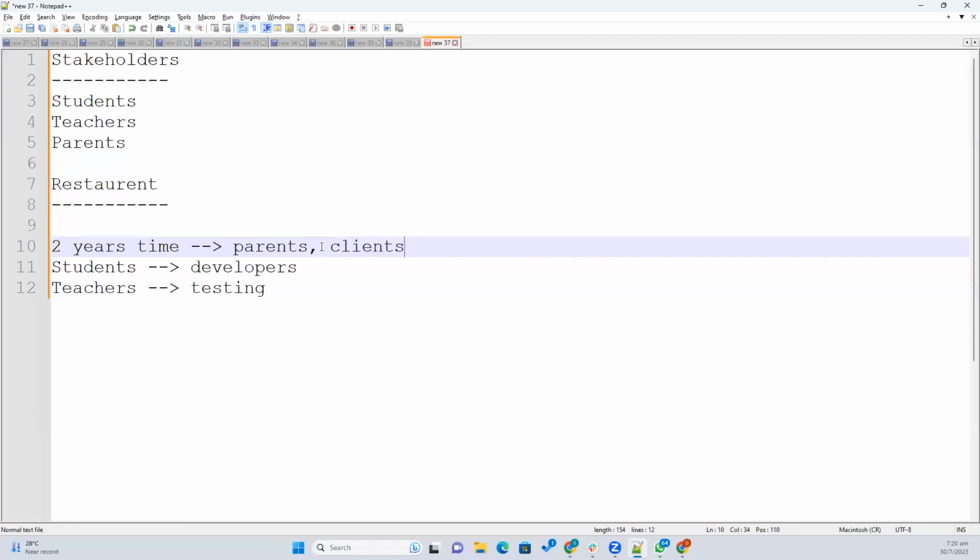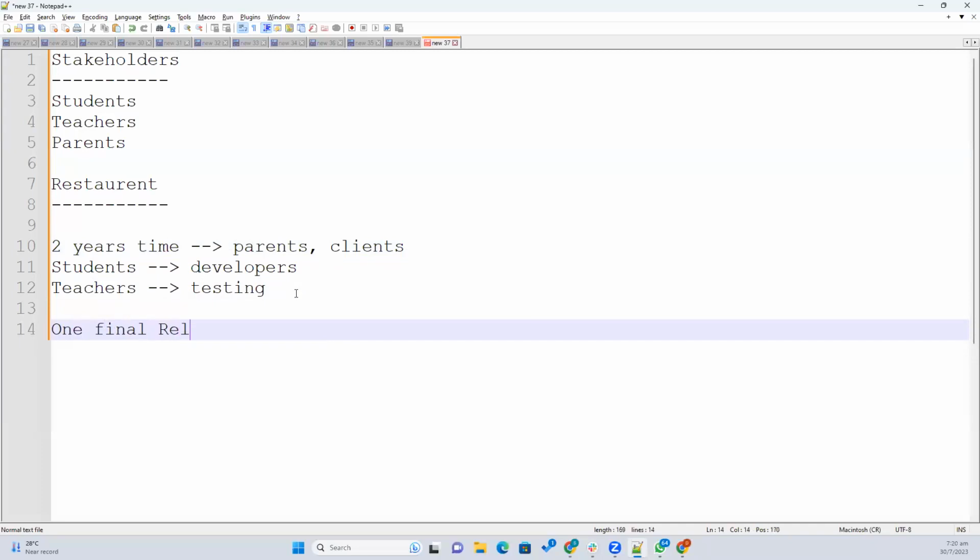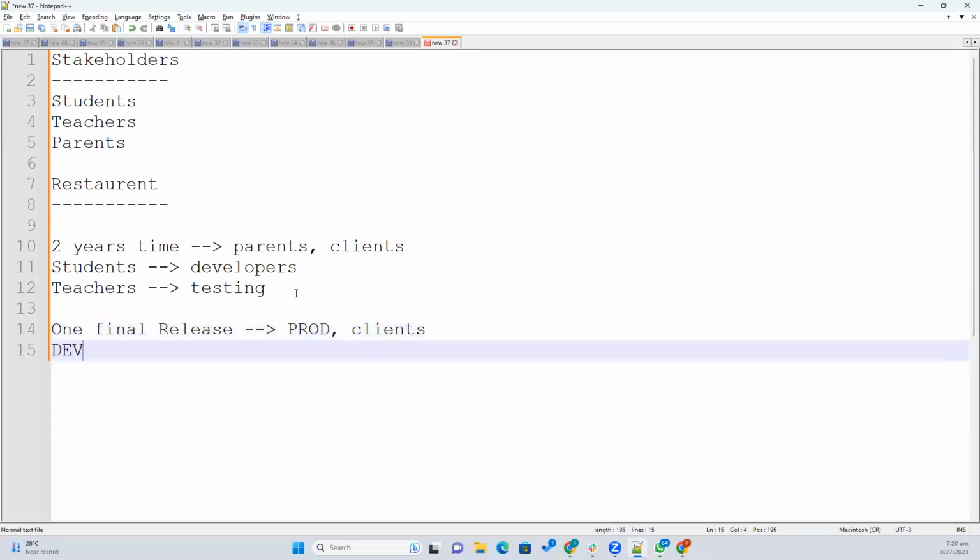Clients cannot really see your application before you release something. So there is only one final release, directly into production, where clients can see. Maybe earlier they have dev or QA and UAT.